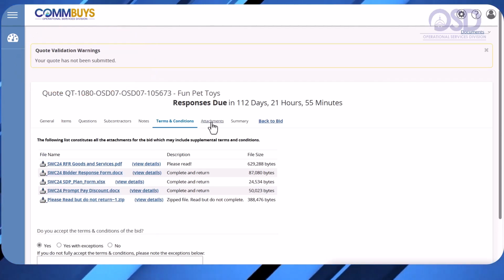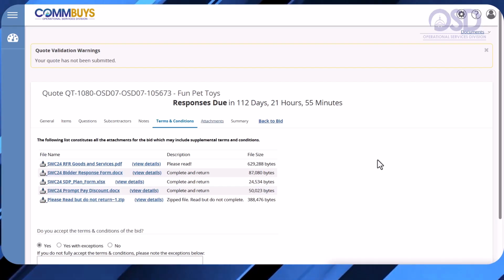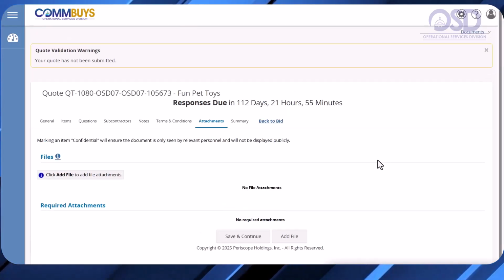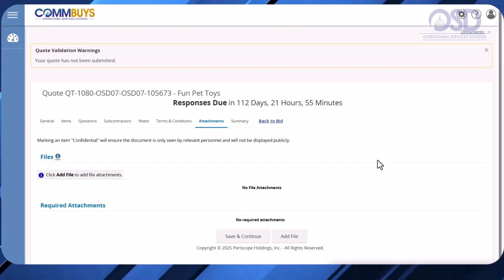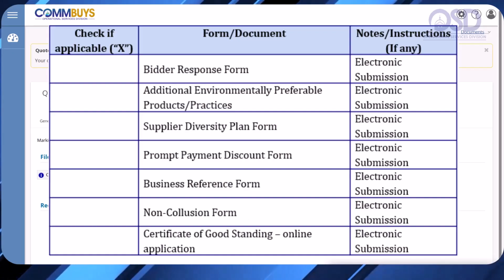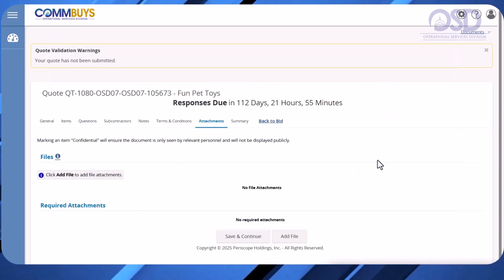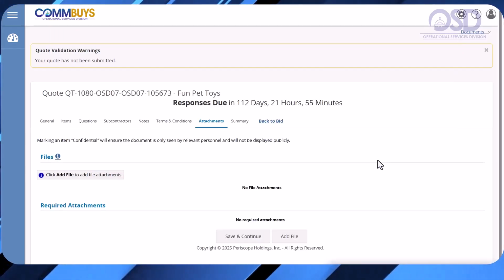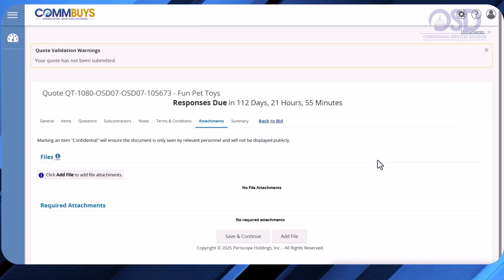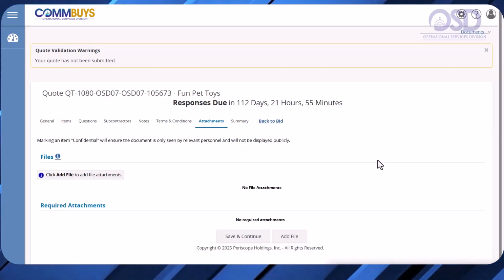Next is the Attachments tab. From here you will upload all of the required files. If the RFR includes a checklist, it's a good idea to have that on hand to ensure you are including everything. This process is very much like attaching a file to an email message. First, click the Add File button.